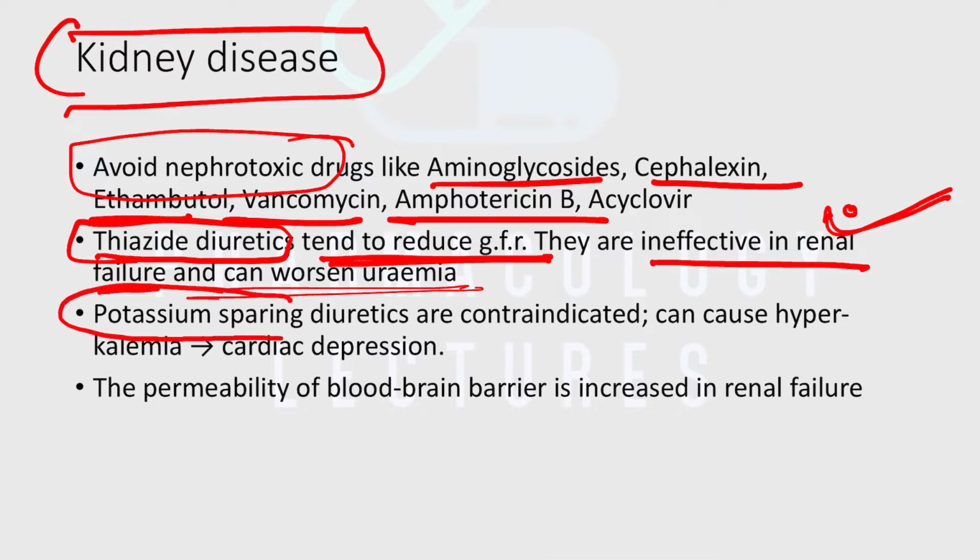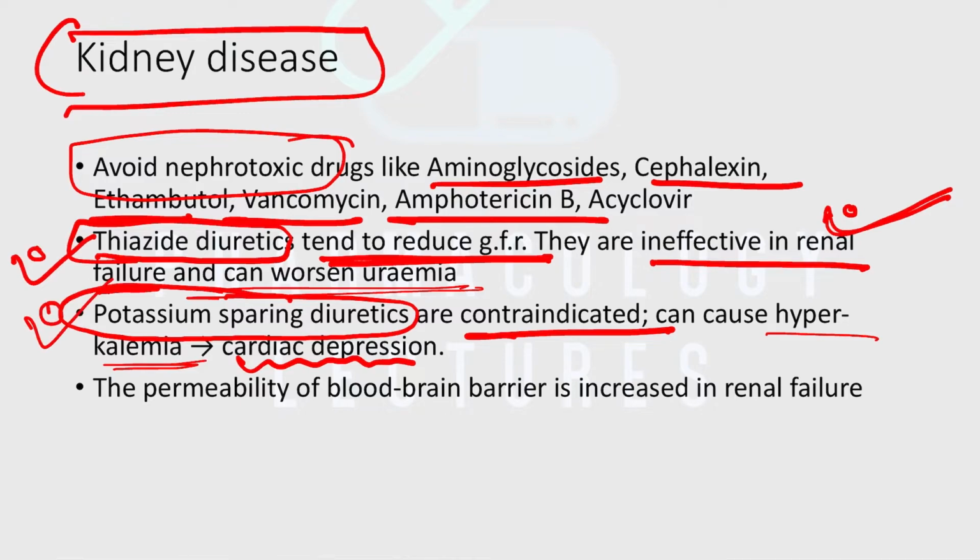Especially another diuretic group, the potassium sparing diuretics, are also contraindicated because they produce hyperkalemia, increased potassium in the body, and they produce cardiac abnormalities. That is why diuretic medications like thiazide diuretics and potassium sparing diuretics should be avoided if the patient has renal failure. And if the patient has any kidney problem, the drug concentration increases in the body,